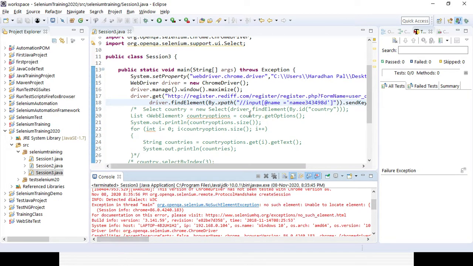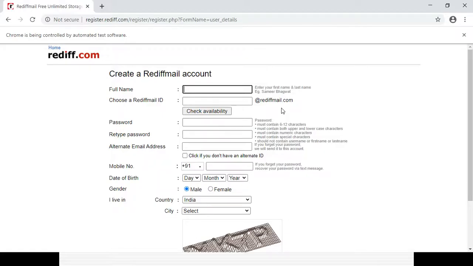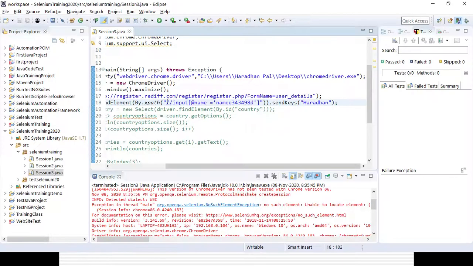Sometimes some problems happen. Aradhan, I guess the issue is about the XPath. Yeah, one second, let's check it once more. Whatever XPath I have created here, this is the XPath. I need to give it with the double quote here. Did I give the double quote? So I am giving it one more time, by dot XPath, this is the XPath expression.